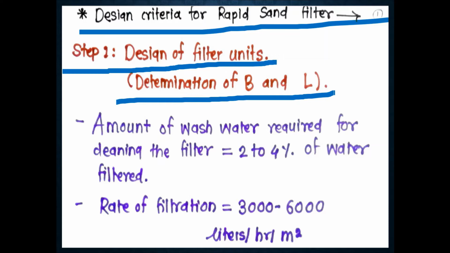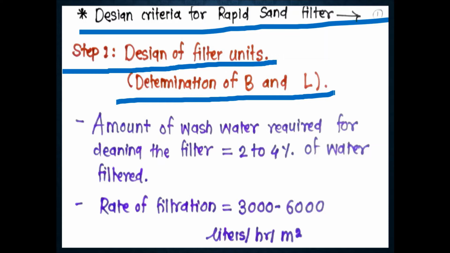When such detailed design examples are asked in your question paper, they ask: design completely a set of rapid sand filters. Or design a rapid sand filter unit, also design the under drainage system and wash water troughs. Such types of examples are asked. If you refer to the question paper of Mumbai University, such types of modern examples are asked which require more detailed calculation, and that we are seeing now.